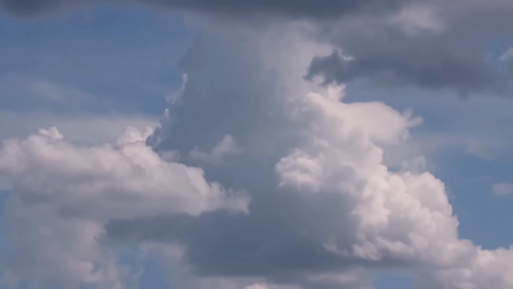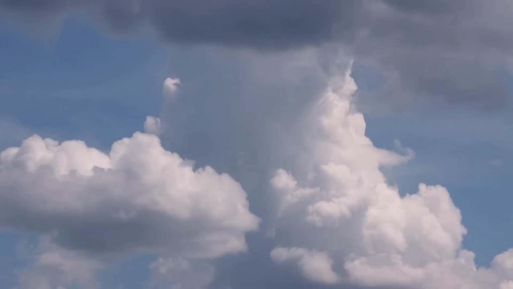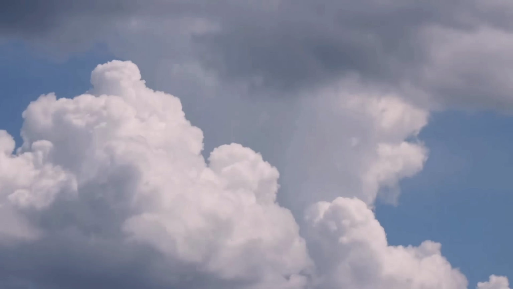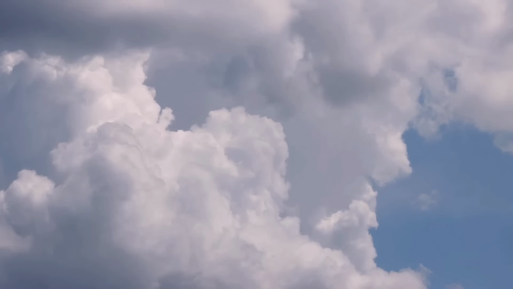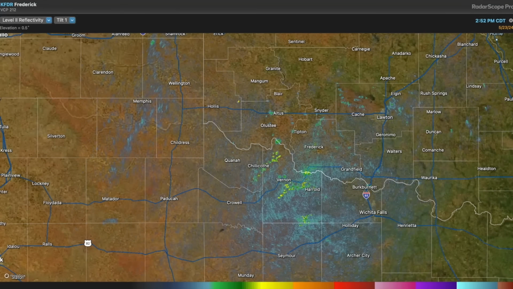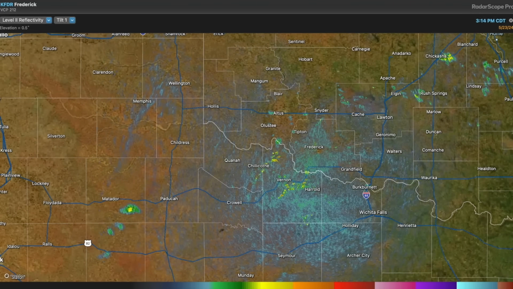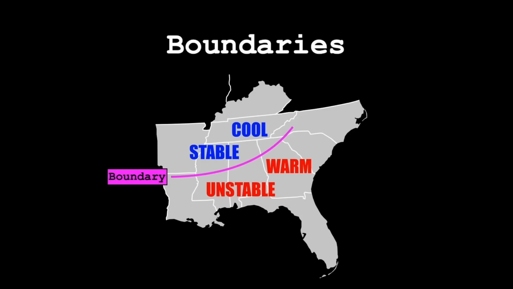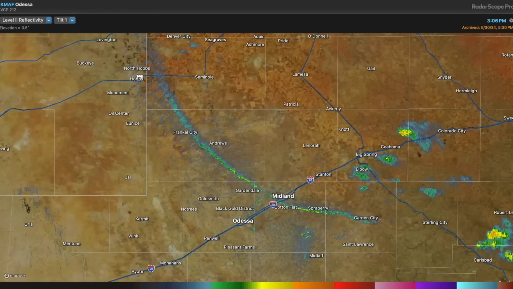We'll first hone in on the time leading up to convective initiation. This is a time in which you'll mostly be looking at those other tools in your toolkit, along with using your eyes, but radar does come in handy before storms fire, particularly in the identification of boundaries. Boundaries denote the interface between cooler, more stable air and warmer, more unstable air, and often show up on radar